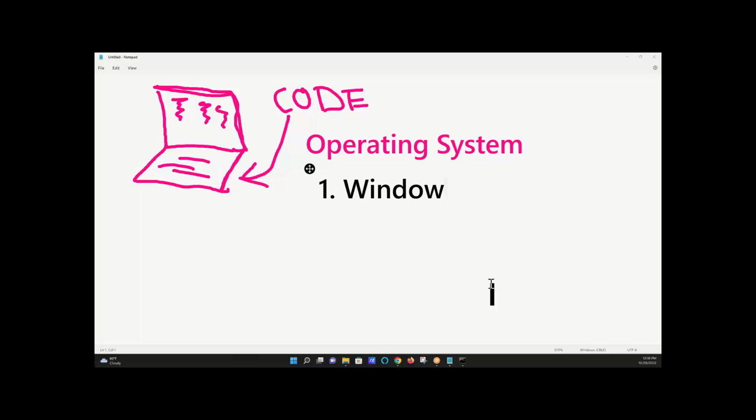Windows operating system, or in short, OS. Okay? And then you have another kind of operating system. It's called Mac. If you have an Apple computer, you have a Mac operating system. All right? And then there's another one called Linux